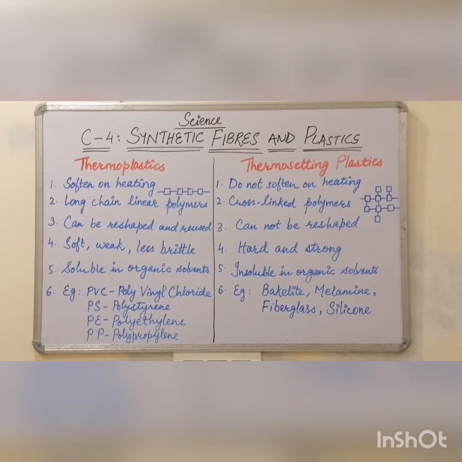Out of all these, the thermoplastics you can easily see in different types of articles, such as small bottles, containers, and toys. All those things are made up of thermoplastics, whereas thermosetting plastics are used to make your switchboards, cooker handles, melamine ware, of course the dinner set, and different types of fiber glasses and silicone glasses. So with this we have completed two types of plastics, that is thermoplastics and thermosetting plastics.